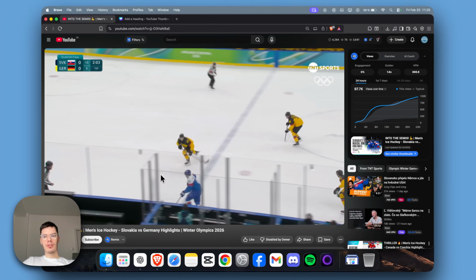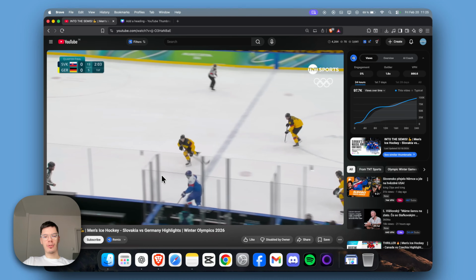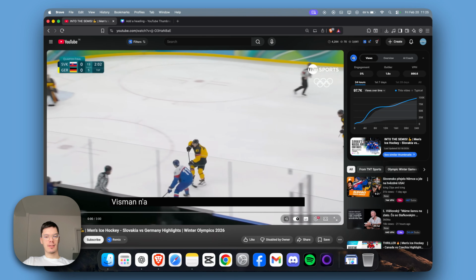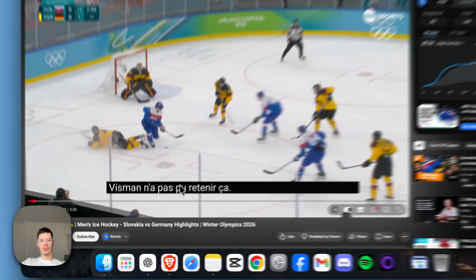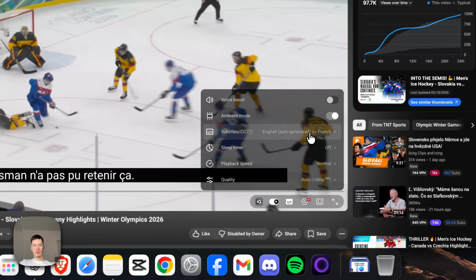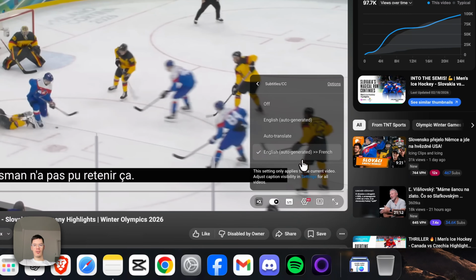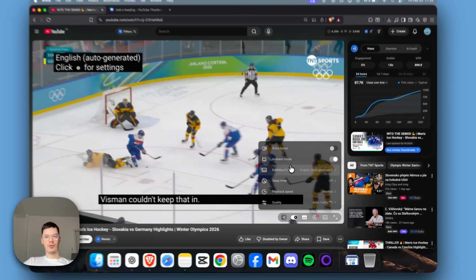French. Now it should translate the original audio into French subtitles. So it's gonna look like this. There is some audio and you can see French language in your subtitles. If you want to change it, use the same process or change it back to English auto-generated, or choose which